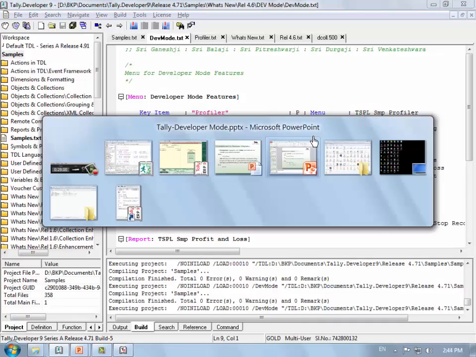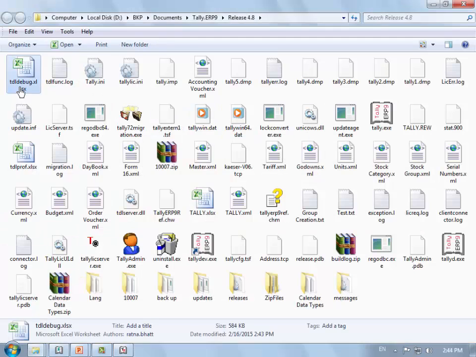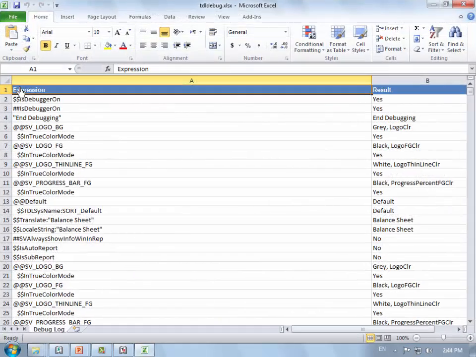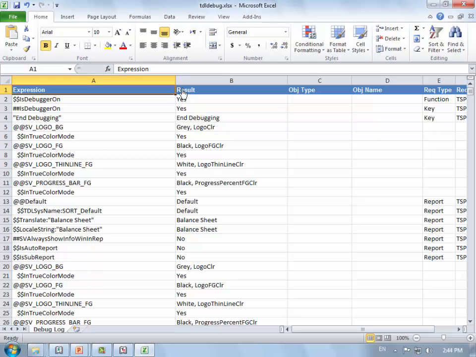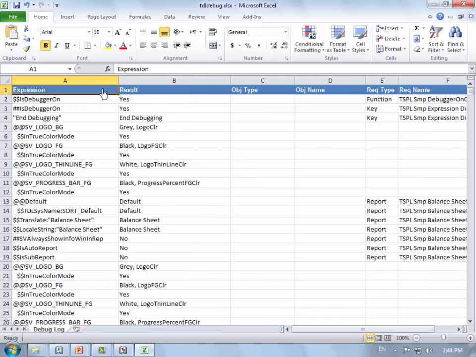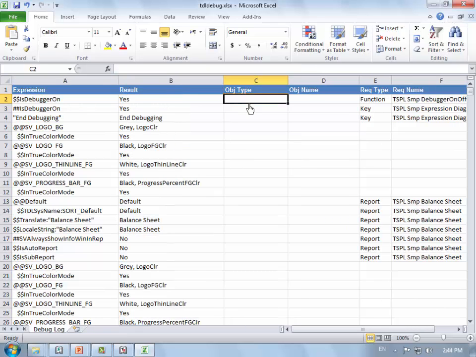Go back to your Tally folder, and again an Excel sheet for that has been generated. Here are your expressions, the result, the object type, the object name, the request, and the request name. As soon as you click on the button, the expression starts.